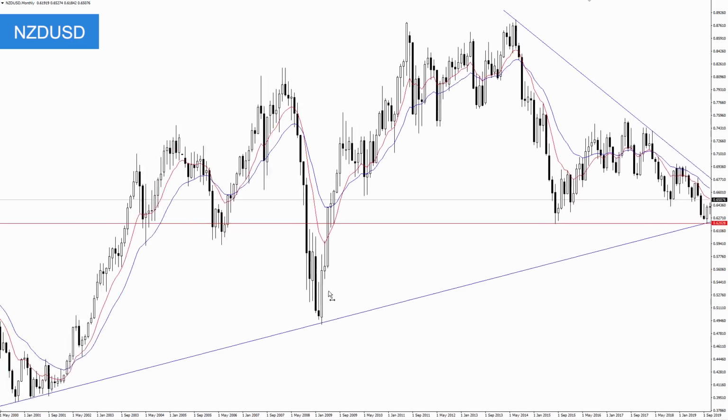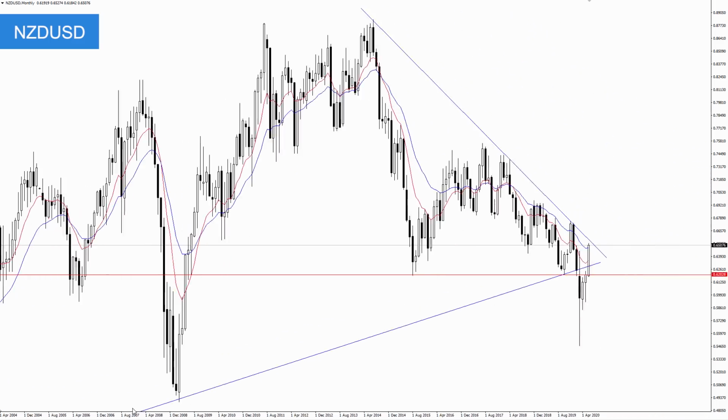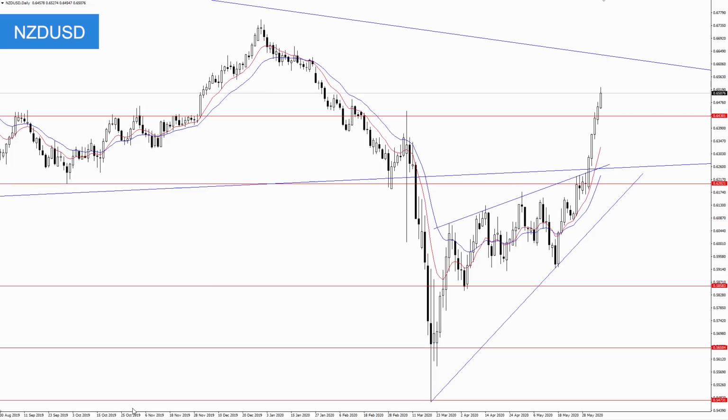So this bottom trend line extends from these 2000 lows back here, and then we also have the great financial crisis low back here in 08-09. Now, this created a confluence of resistance around 62, and that was the level that broke down in March. So we had this March close below it, and I was looking for a short around this 62.00 area. Furthermore, if you look at the daily time frame, we also had this rising wedge that again signaled that potential weakness around this 62 area.